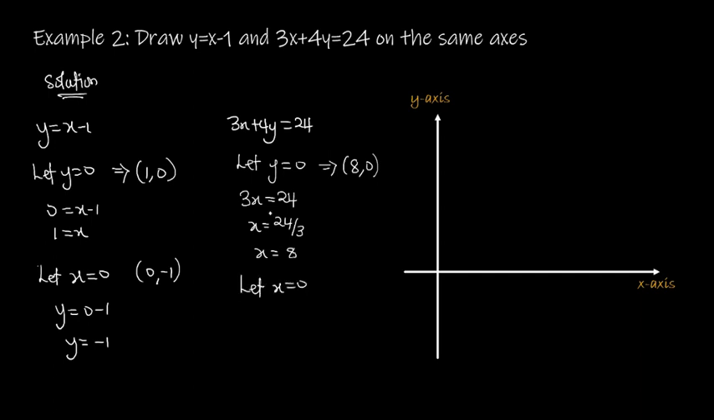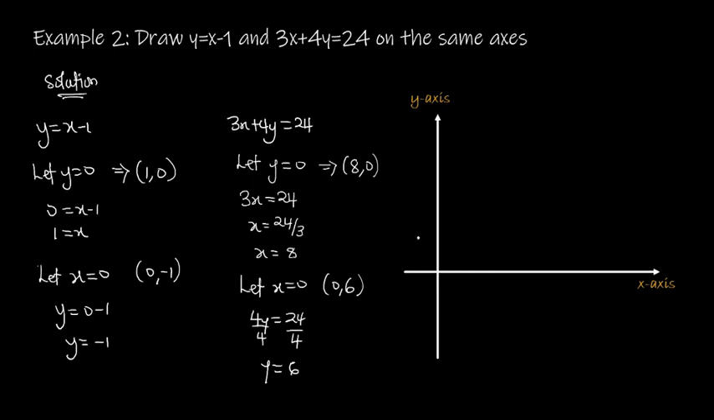The second one, we say let x be equal to 0. Now if x is 0, this becomes 0, so we have 4y is equal to 24. We divide both sides by 4, then we have our y to be equal to 24 on 4, that will give us 6. So the point we have over here will become our x, which is 0, and then our y, which is 6. Now that we have these 4 points, we can go ahead and plot them on the